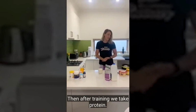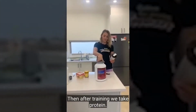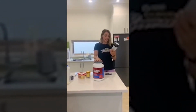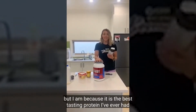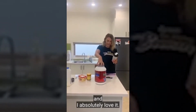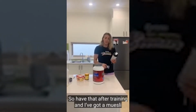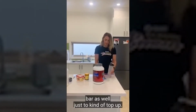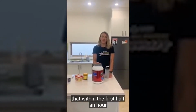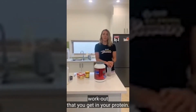And then after training, we take protein. So we have the Ink protein. I'm not trying to give it a plug, but I am, because it is the best tasting protein I've ever had, and I absolutely love it. So I have that after training, and I've got a muesli bar as well, just to kind of top up. But it's really, really important that within the first half an hour of doing any sort of exercise or workout that you get in your...